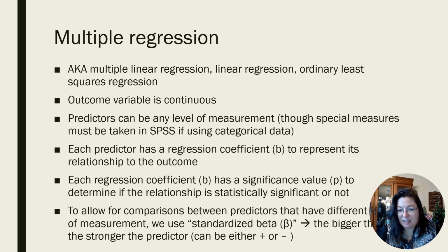When we have more than one predictor, though, we need to do what's known as standardization. You might remember this from a few lectures ago, but basically we need to turn these regression coefficients into a standardized regression coefficient, otherwise known as beta, standardized beta. So this is now a unitless measure of the impact of each predictor on the outcome, and this way we can compare between predictors, which is more important or less important to create change in that outcome variable.